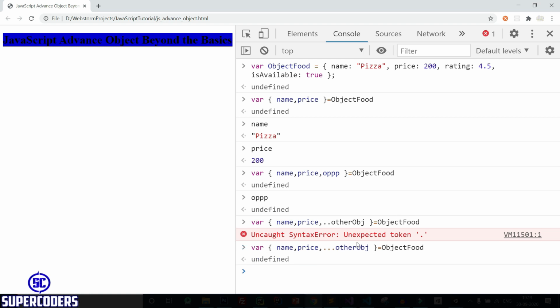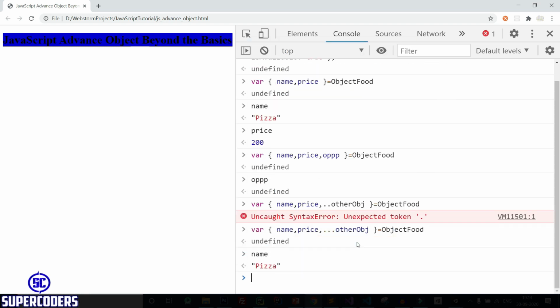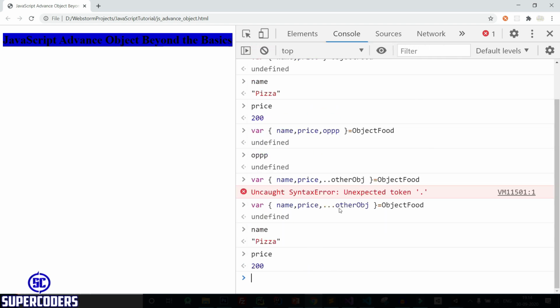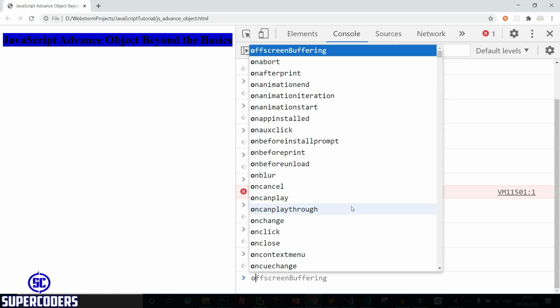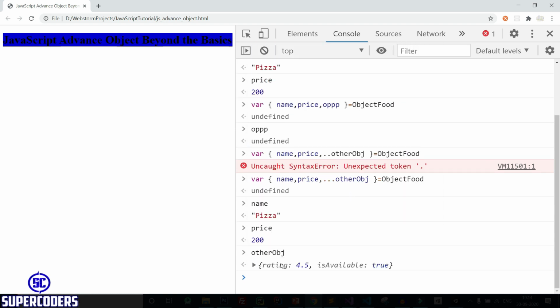Now if I print name again, you can access pizza. If I access price, you can access price. But if I access the other object, let's see what it contains, and you can see it contains all the other properties which were not extracted. So in this way you can use object destructuring to extract all the data from an object. Here you can see I extracted name, price, and the other data I accessed in another object using the rest operator.